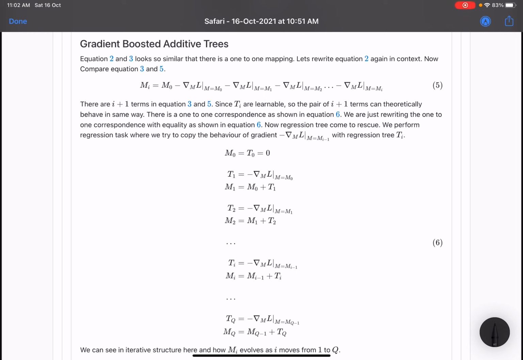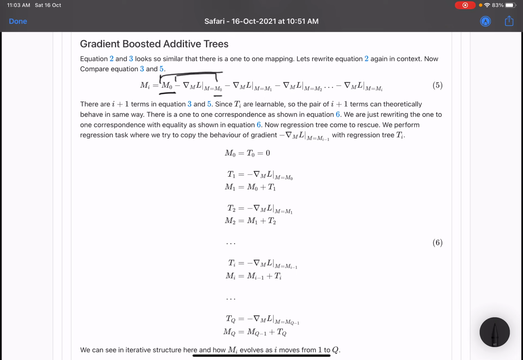If we treat m_i as our parameters of the loss, then we start with some initial model m0, then we make a change, and that change is the negative gradient of the loss at m0.